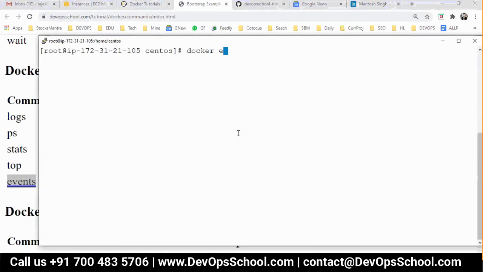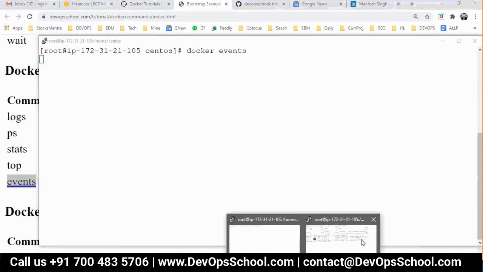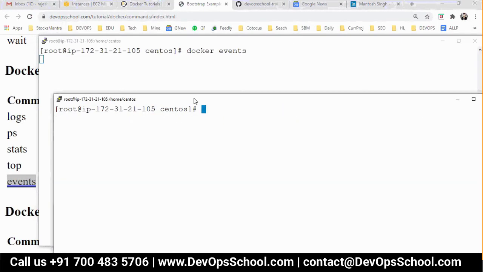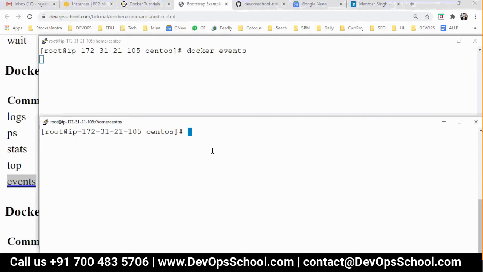So see here, docker events. Nothing is coming, but you have to open up a new console. And what do you want to do? You want to know what is really happening, what command is being passed to the Docker daemon. So just create one container, run -itd ubuntu. I'm creating one container. You know that run always creates a new container. Please hard code it in your mind. I explained to you why I added itd, otherwise it will exit.